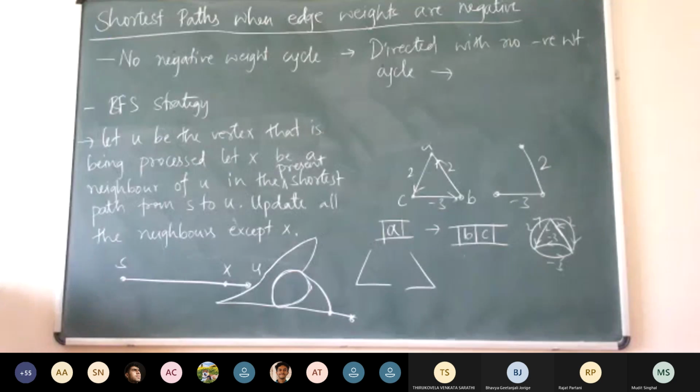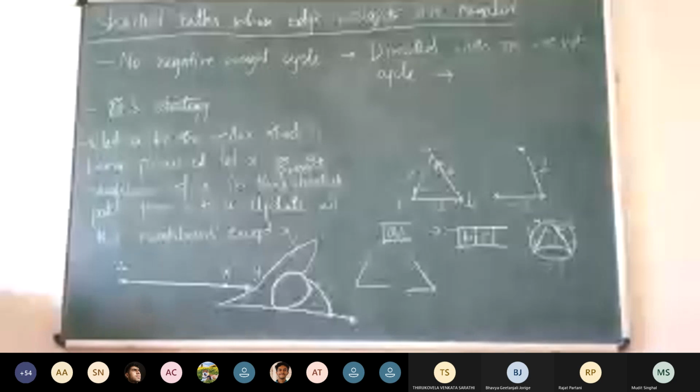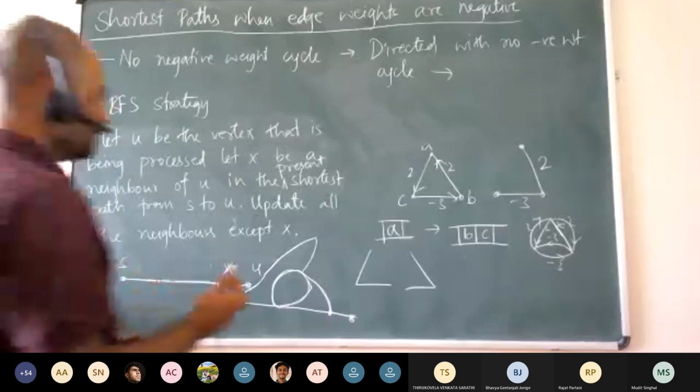Sir, I have doubts. Why? How do we prove this? Yes, sir, from A to C, we got the shortest path as A to B and B to C. So we got it as -1. So when again we go to B and come to C, will that distance be much lesser, no sir? Exactly. That is what we are trying to say. We can't define shortest path that way, right?